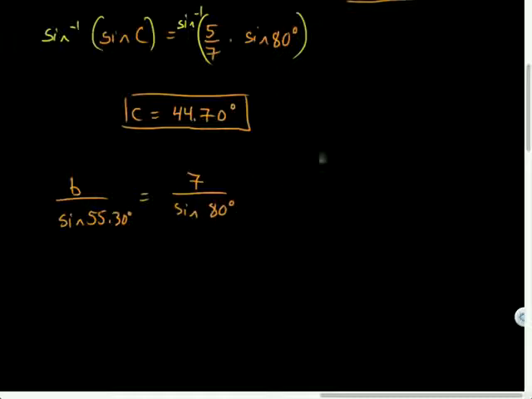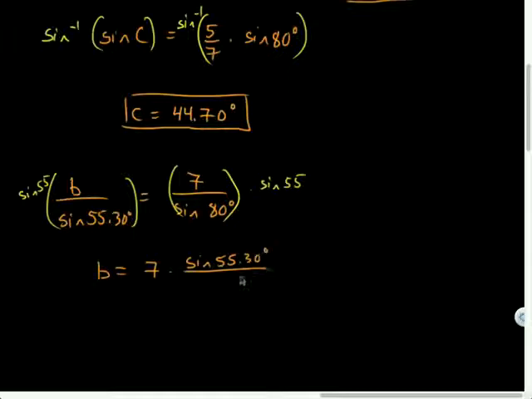And we're just about out of time. I've got a minute left. I'm going to keep rolling with this, so you guys can leave in the minute when it happens. But I'd multiply both sides by sine 55, right? And I'd get little b is equal to 7 times sine of 55.30 over sine of 80. So little b is equal to 7 times, I'm going to actually be able to enter sine second answer, close parentheses, divide by sine of 80, close parentheses, and I get